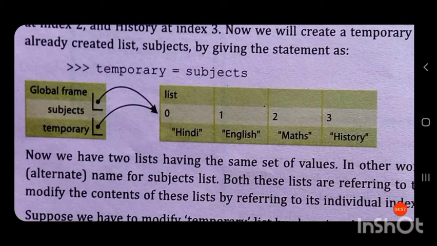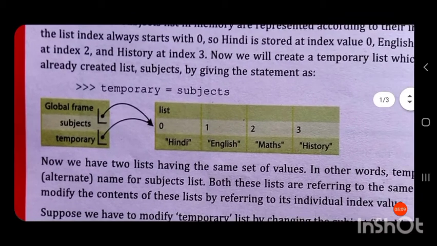They are pointing to the same object because both lists contain the same data. So in memory only one list is present and two variables are pointing to the same list.